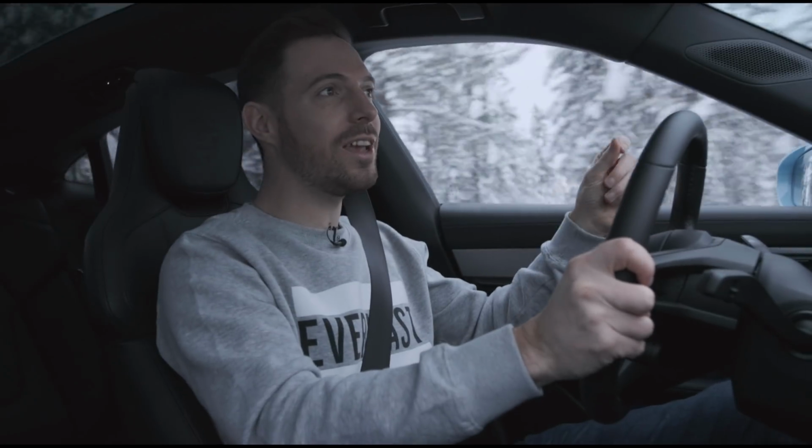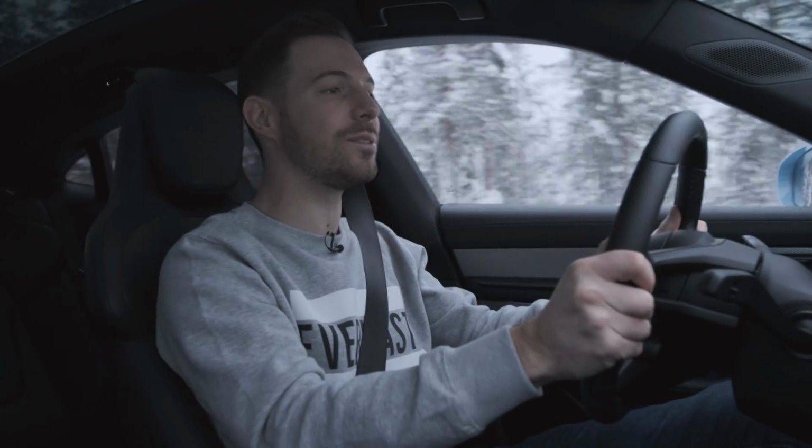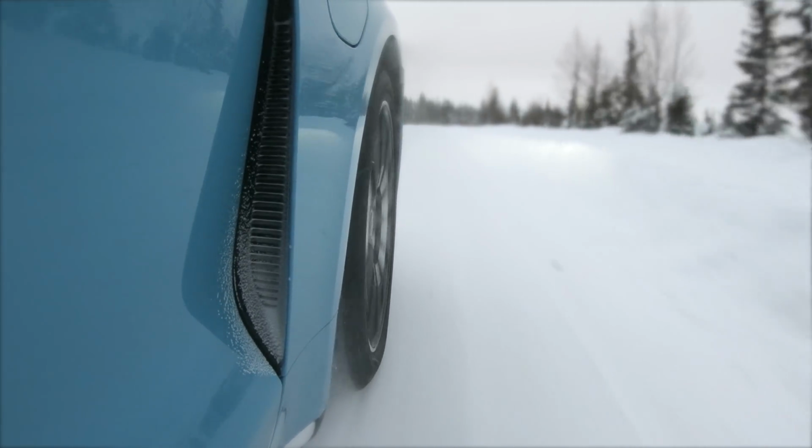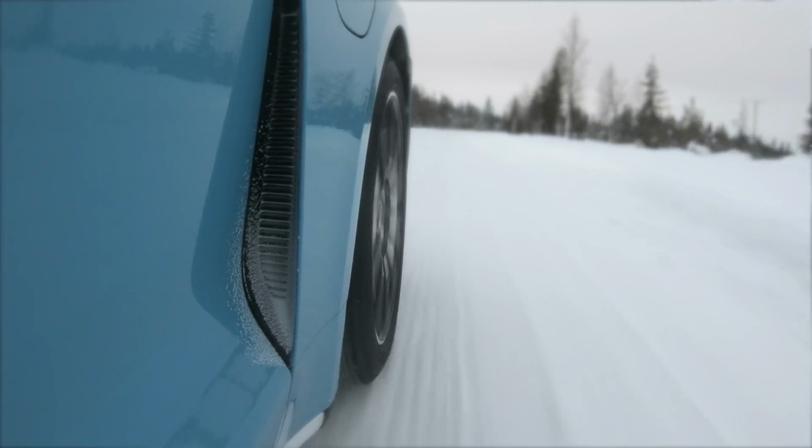That's the Porsche Ice Driving Experience Centre up here in Lapland, where we can really chuck this car around. We're on our way there now, but while we drive there, I wanted to tell you a little bit about this Taycan 4S. Although, to tell you the truth, there's only so much you can learn about the car driving